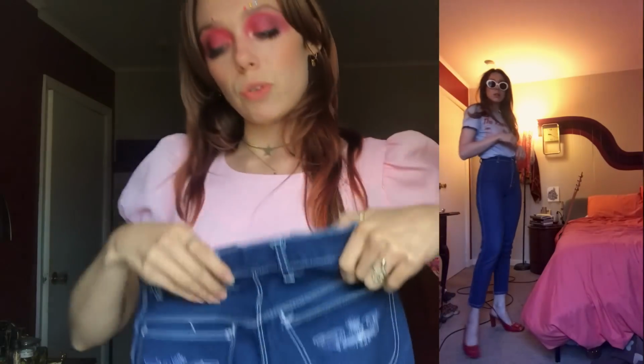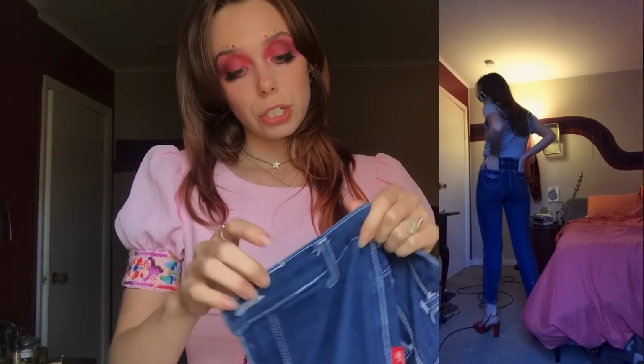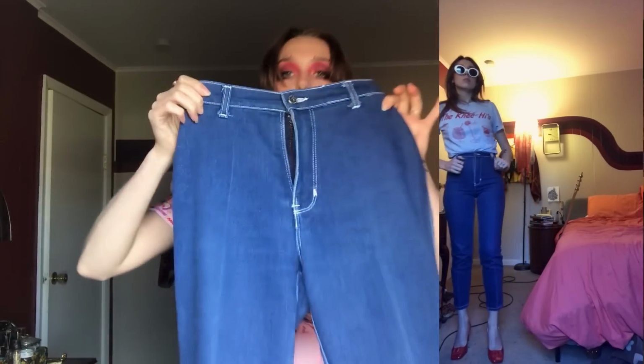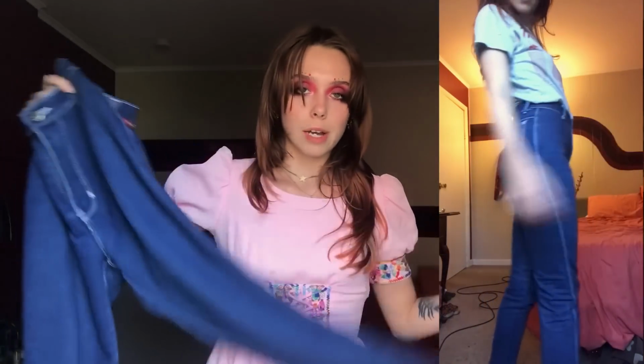and these, I just love these. I don't know what it is about them, but they have this amazing fit, and the pocket design is really cute too. I looked it up and they're supposedly 80s jeans. Braxton stretch jeans is what the brand is. The only bad thing is that the zipper is broken, but that's no big deal. I just keep a safety pin on there and pin it up whenever I wear them, and it's really just an easy fix. Or if you wanted to go the extra mile, you could replace it too, but this works perfectly fine for me. They're a super high rise. They have this crease down the front too, which kind of gives a western kind of vibe,